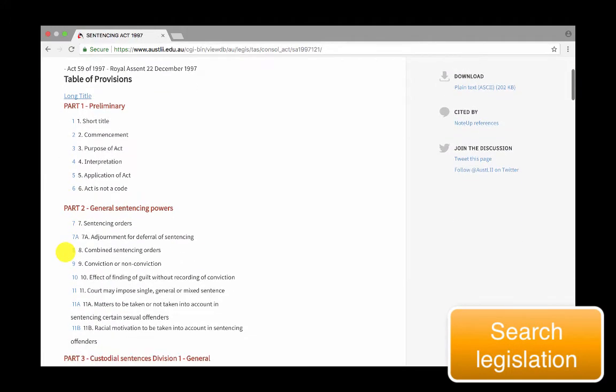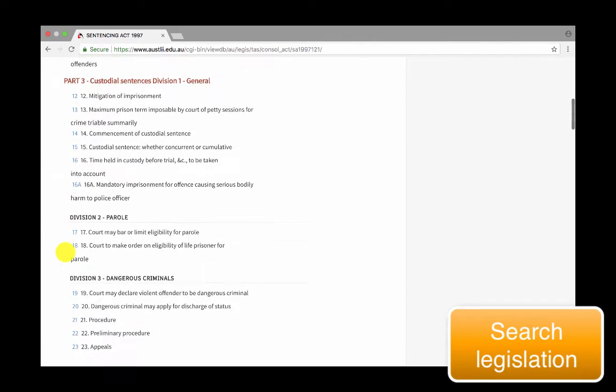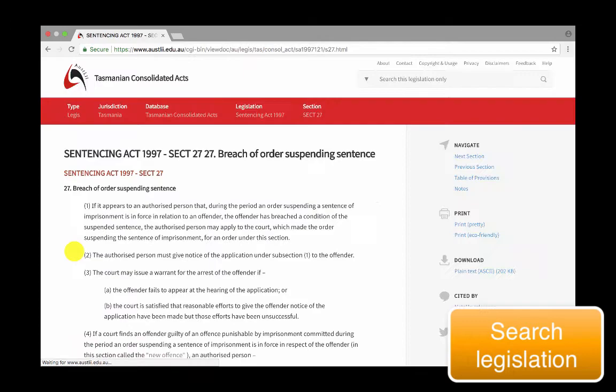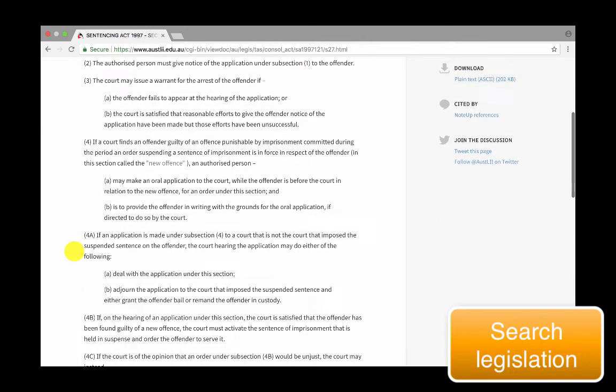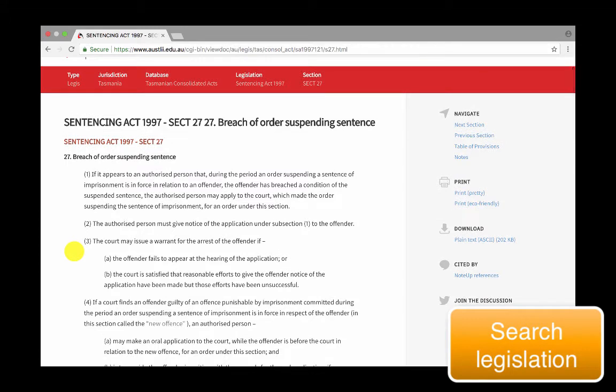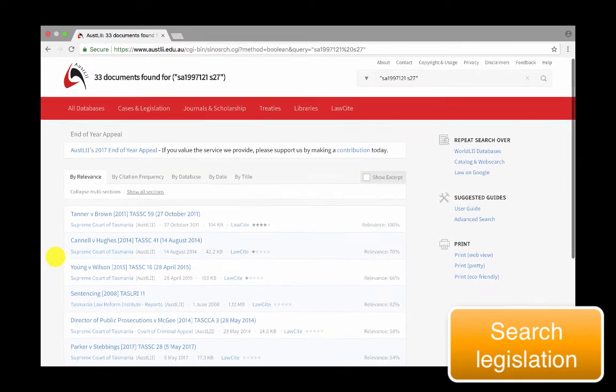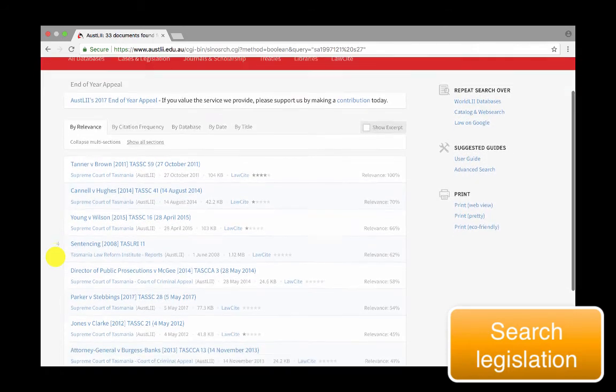And we want to see if there's been any cases on section 27, because that's of particular interest to us. So we're going to go into section 27. We found the wording of the Act in its current form. And then we're going to go to the right-hand side and see who it's been cited by. So this is referred to as a note-up reference. So here we can see quite a significant number, 33 documents, have cited our